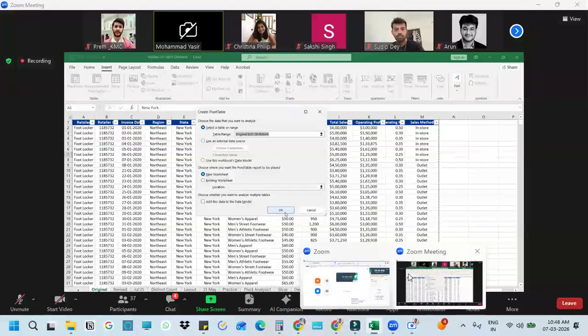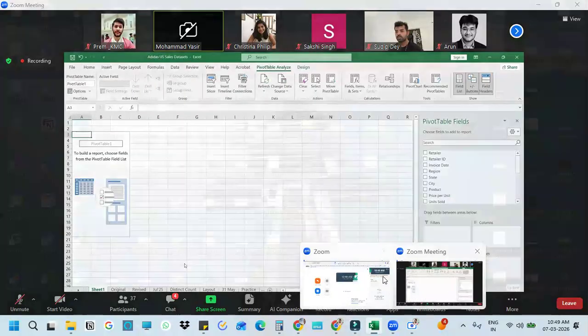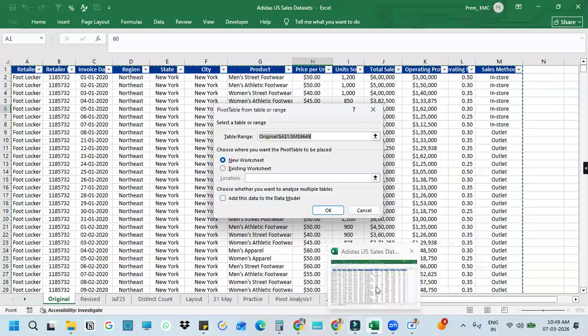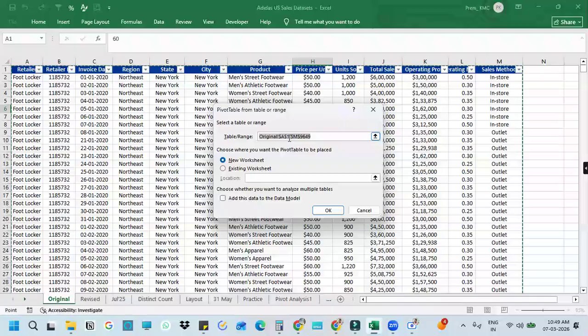I usually try to create this in another sheet, right? So a new sheet will be created. You can change the position, of course, right? And you can also name